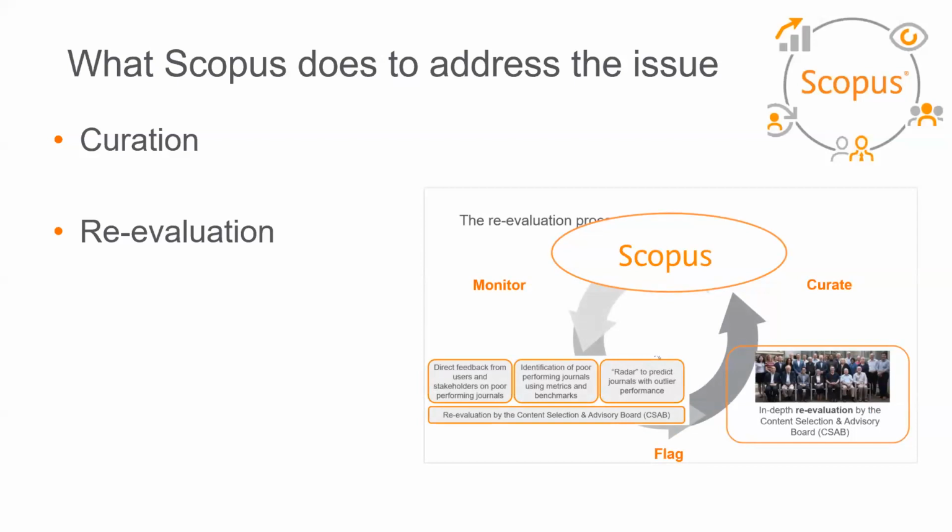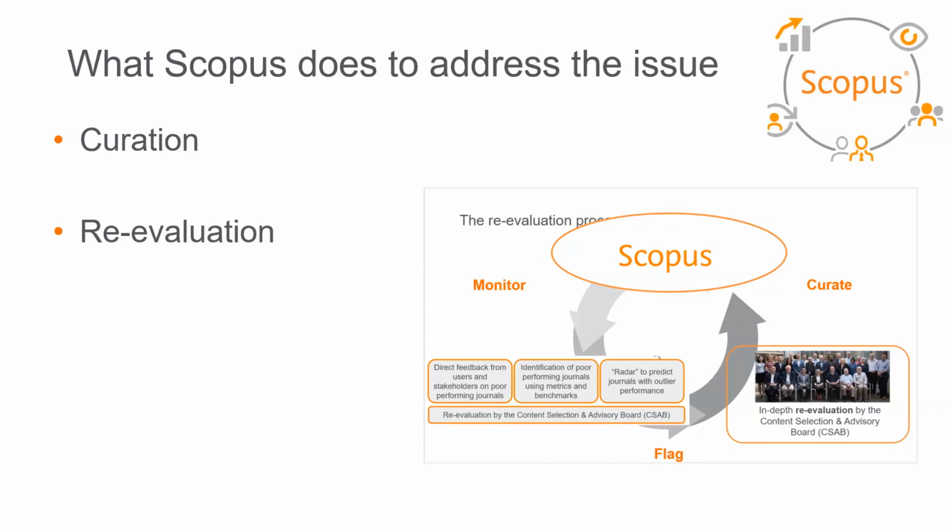So this is not where it ends, and there's also a re-evaluation process. There are several mechanisms, algorithms running in Scopus that try to pick up any kind of activity within a journal that would be of concern. For instance, if there is a regular journal and suddenly the journal's article number increases, and you can see that there's a specific regional group or country of authors that are publishing in that specific journal, any kind of outlying activity within a journal would flag it, and it would go through the reevaluation process.